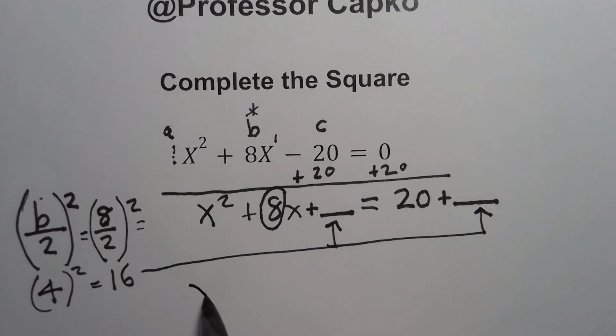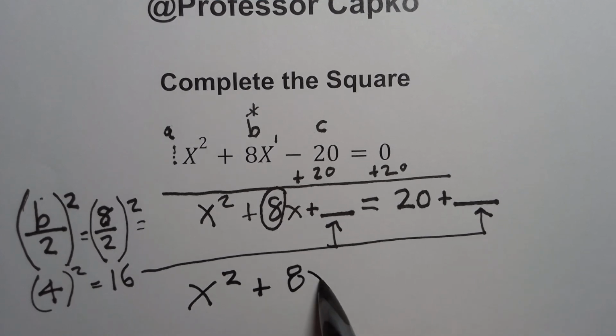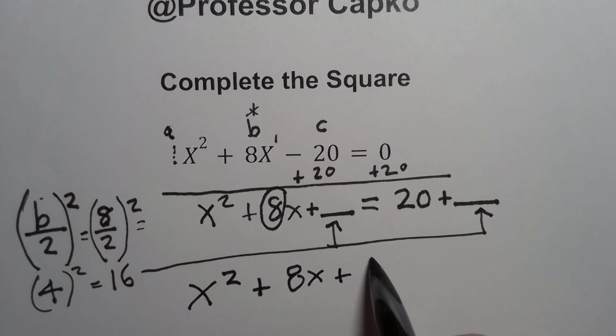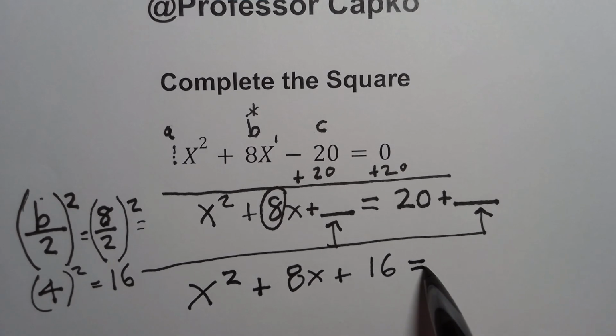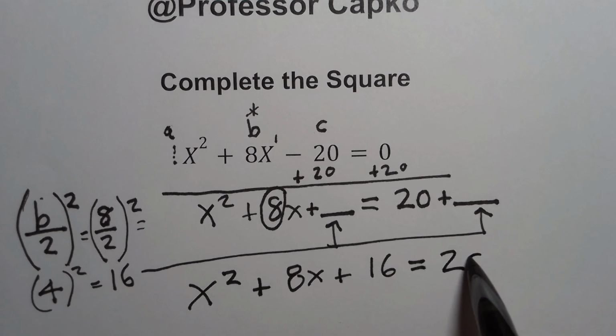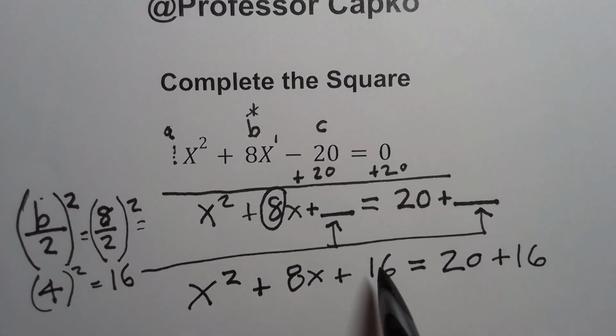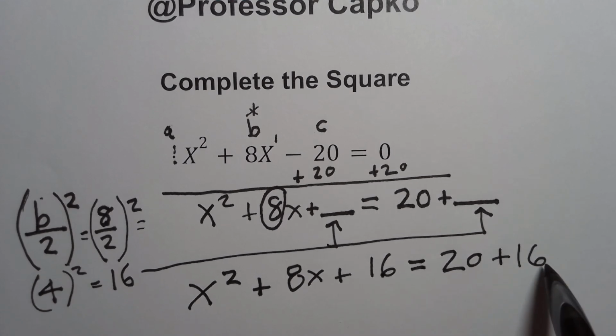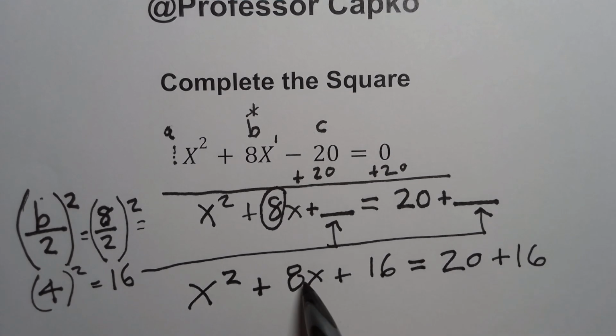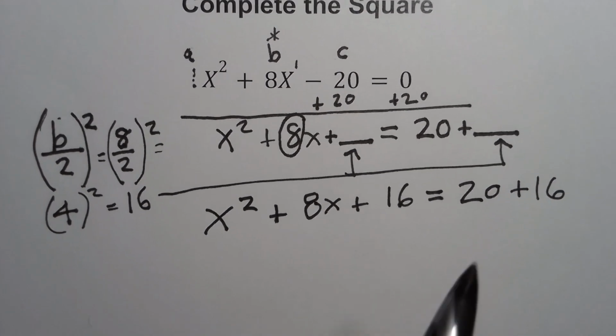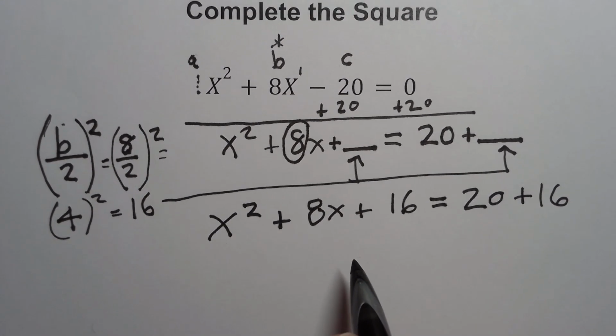So I'm going to rewrite this with that term there. X squared plus 8x plus 16 equals 20 plus 16. So this term that I found, I'm adding it here, and I'm adding it here to keep it in balance. Our next step is we're going to